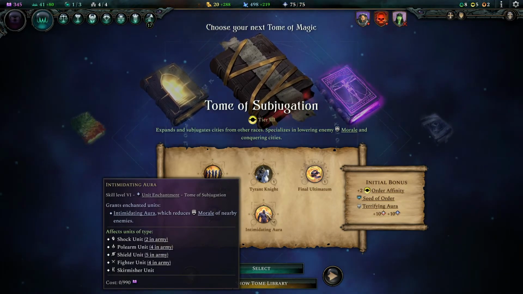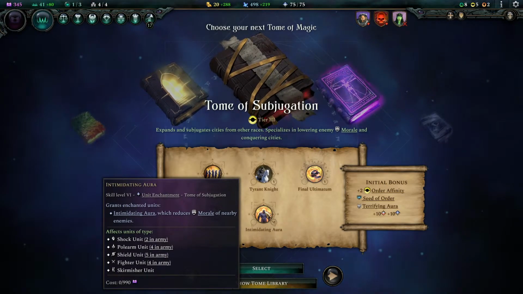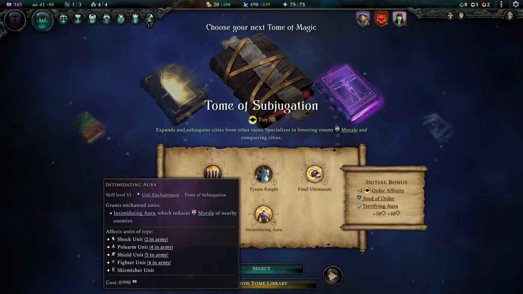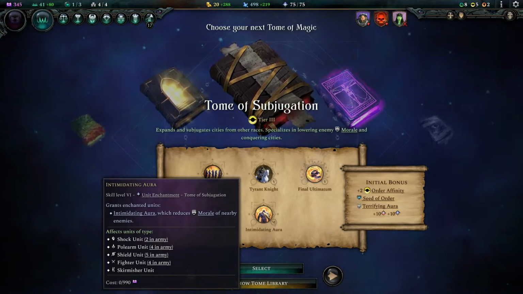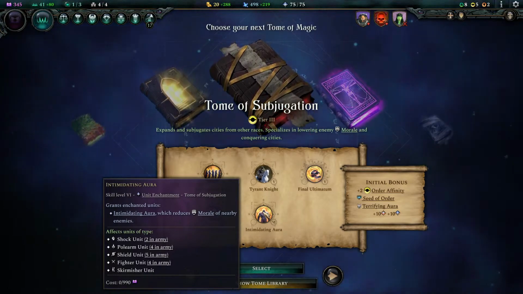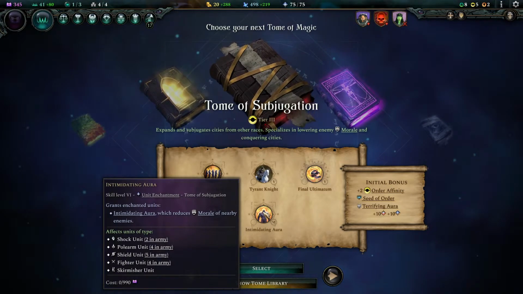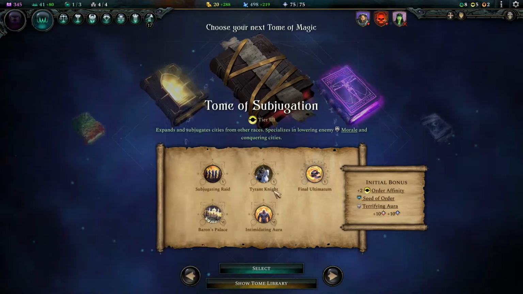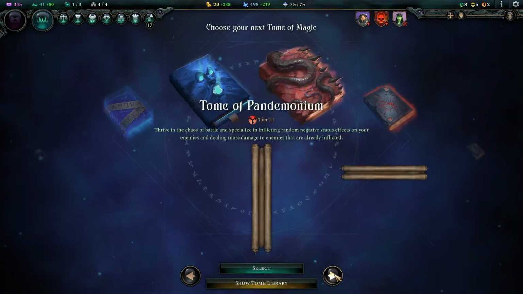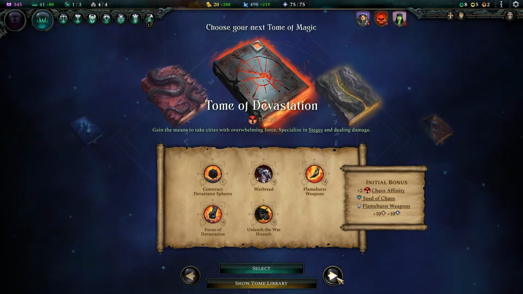Intimidating Aura. That would affect quite a few units in our army. Reduces the morale of nearby units. Basically, morale is akin to damage as well as crit chance to some extent. I can't remember exactly how the formulas work. But the higher your morale, the more likely you're going to land a crit or do more damage. There's nothing stopping us from getting one of these other tomes if we wanted, but